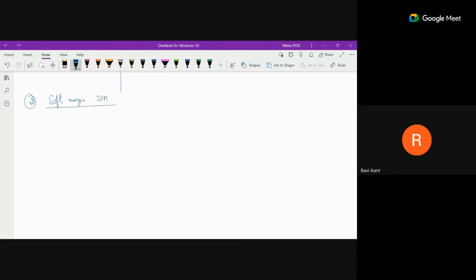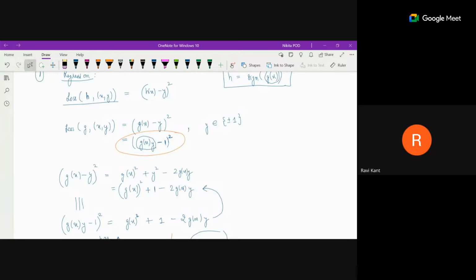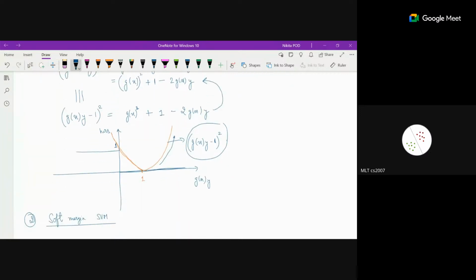Ma'am, in the above problem, we are not able to fit the convex loss to the 0-1 loss? Yeah, we are not able to fit it, because both these graphs are very different. This is your 0-1 loss, which is discontinuous, and I know this cannot be solved. It is not even convex. But we try to approximate it. We try to use this regression loss for approximating this, but it is not doing the job that we were expecting,